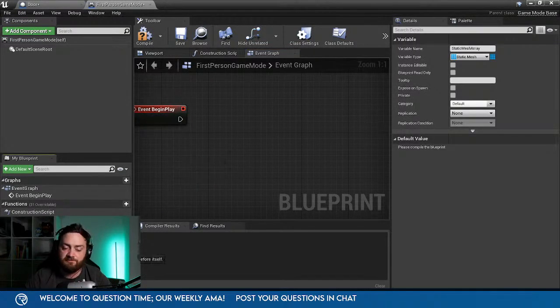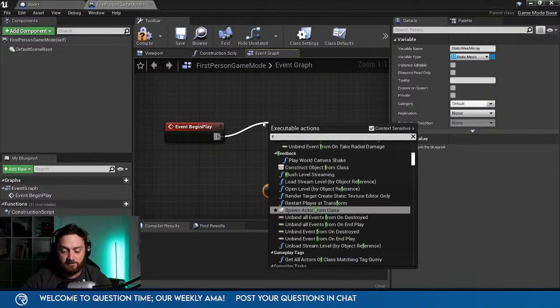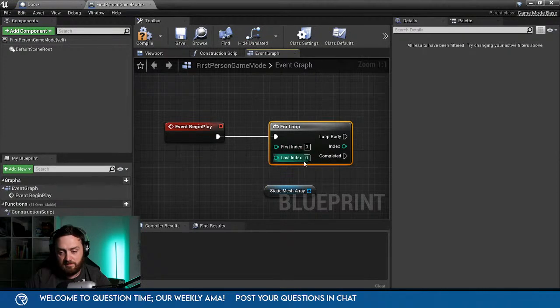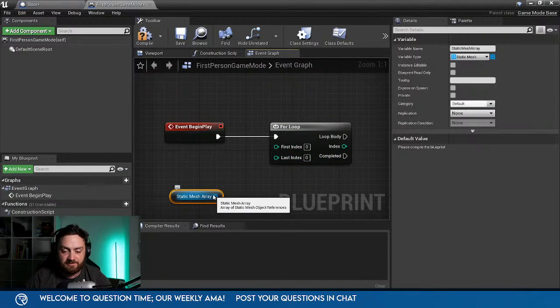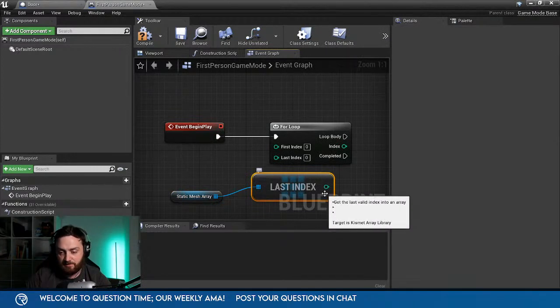Okay, not for each loop, sorry. I'm losing my mind. So on here, I'm going to get that and we're going to do a for loop for the amount that we have in here. So here type in last index. That'll go to that.